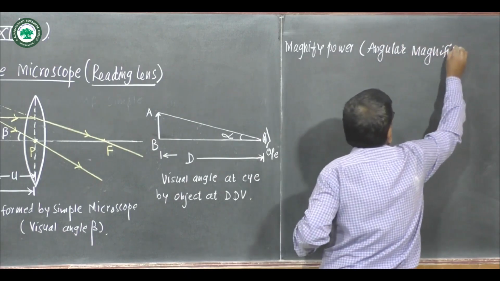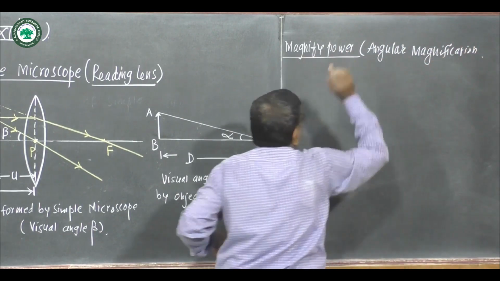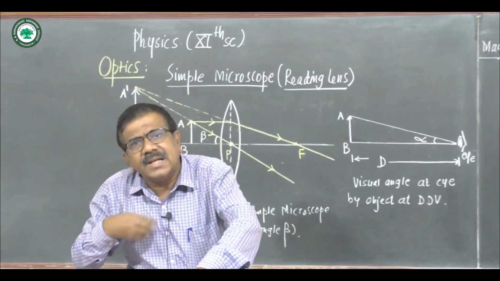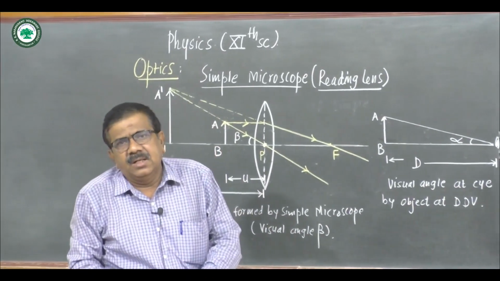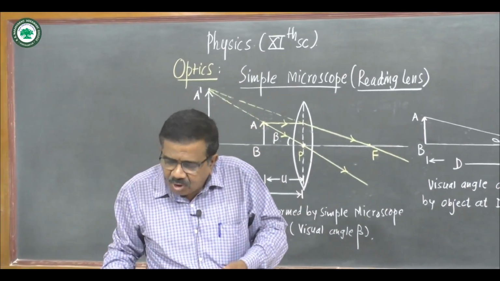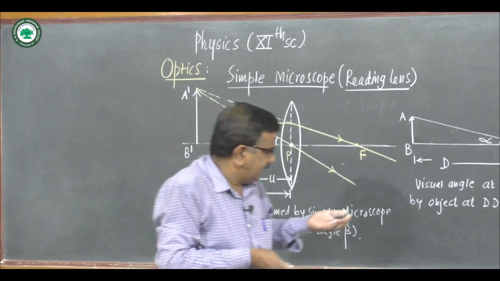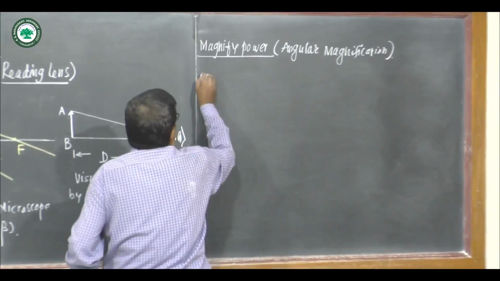Angular magnification. Now we know the definition of this magnifying power. It is the ratio of the visual angle of the image to the visual angle of the object if the object is at DDV. So the magnifying power is